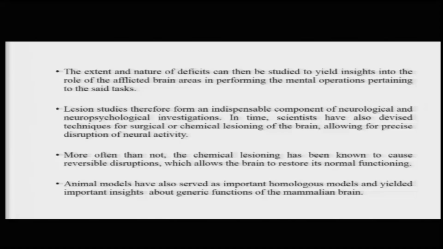Now more often than not, chemical lesioning is reversible. It causes reversible disruptions, which allows the brain to return to its normal functioning after the experiment or the study has been conducted. Similarly, animal models have also been extensively used as important homologous models for the generic mammalian brain, and a lot of insights have been derived from these